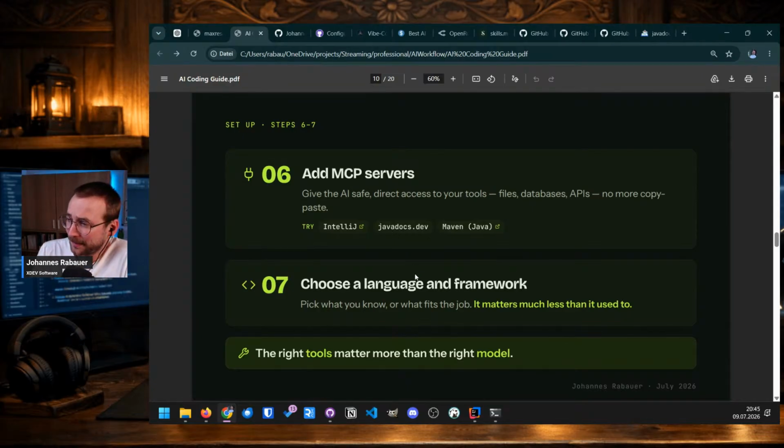All right, next one, choose a language. Okay, that one is interesting, I think, because at some point in your project, you will have to choose a language and a framework. But if you are a developer already, you probably have a preference for some kind of language. Like for me, that's always Java. I love Java. But I also know when Java is not the best